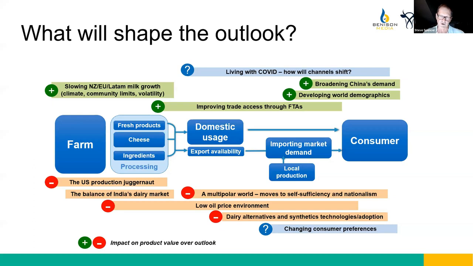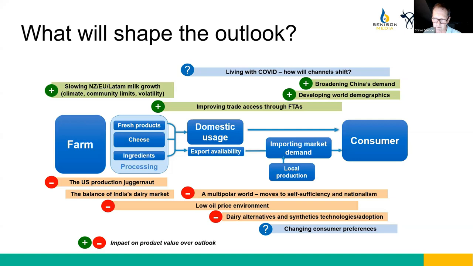There have been lots of free trade agreements and bilateral agreements agreed in the last decade. The benefits of those agreements will continue to flow over time. So they don't just come at once, they steadily build over time. So we have a lot of these in stream, which will continue to flow and benefit both the consumers in destination markets as well as the producers. Now, in the bottom half, there are some things which are negative to some extent, because what I'm talking about is the global balance, and the impact on product value over time.